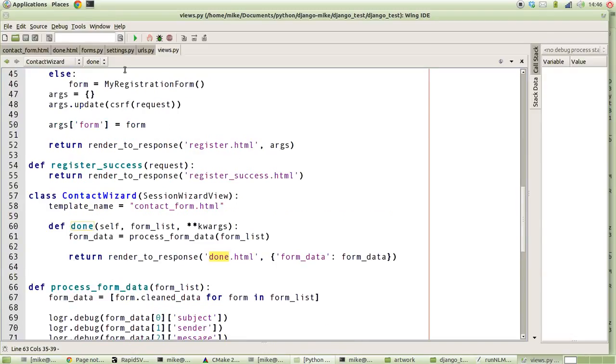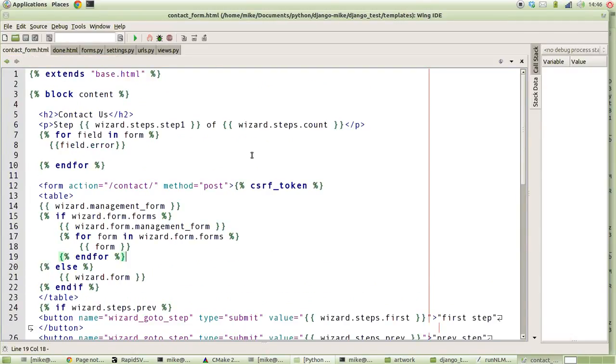So we've got 2 templates we need to deal with, and I think we'll go through the contact form first because that's the most complicated. So what does it do? Well, first of all, it extends our base template, so it's going to look exactly the same as the rest of our website. We override the content block, and we're going to say contact us, step, and then this section here, which is